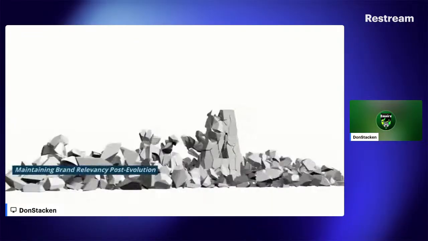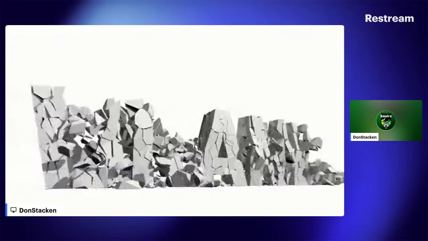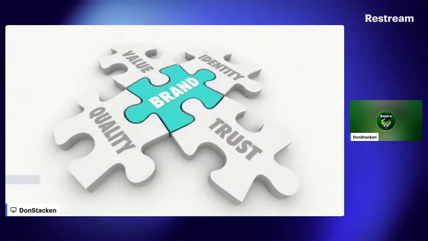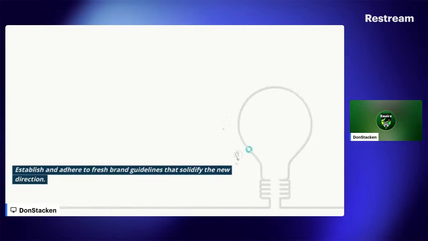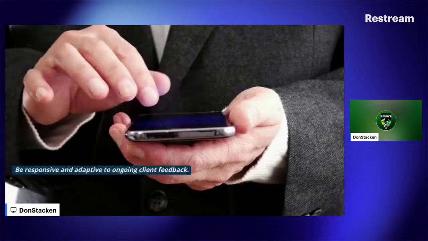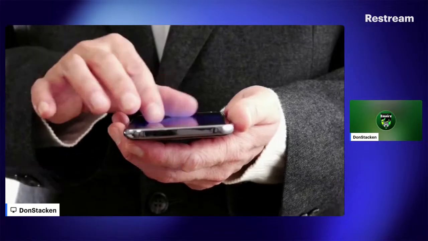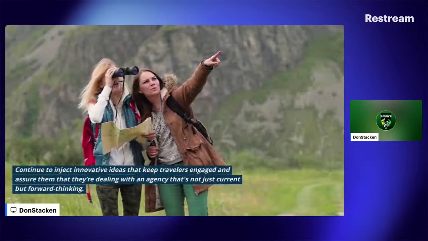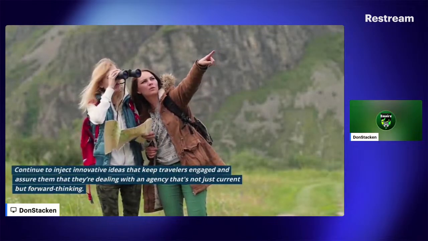Maintaining brand relevancy post-evolution. After your brand has transitioned, it's vital to keep its essence alive and pertinent. Establish and adhere to guidelines that solidify the new direction. Be responsive and adaptive to ongoing client feedback. Continue to inject innovative ideas that keep travelers engaged and assure them that they're dealing with an agency that's not just current but